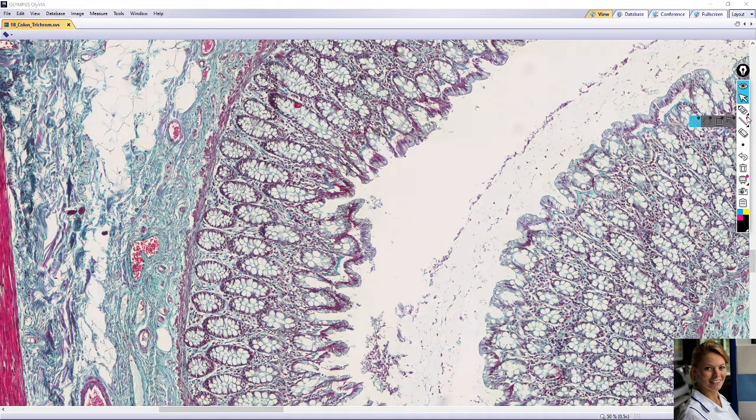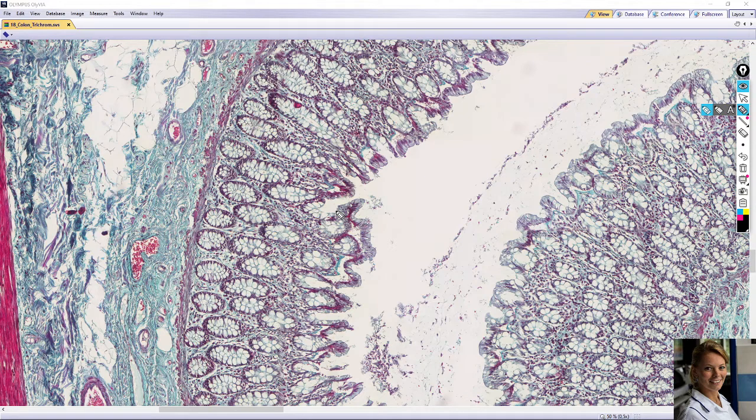These are the very pale cells here. These are the goblet cells, which are filled with mucus. The number of goblet cells increases toward the terminal end of the colon.